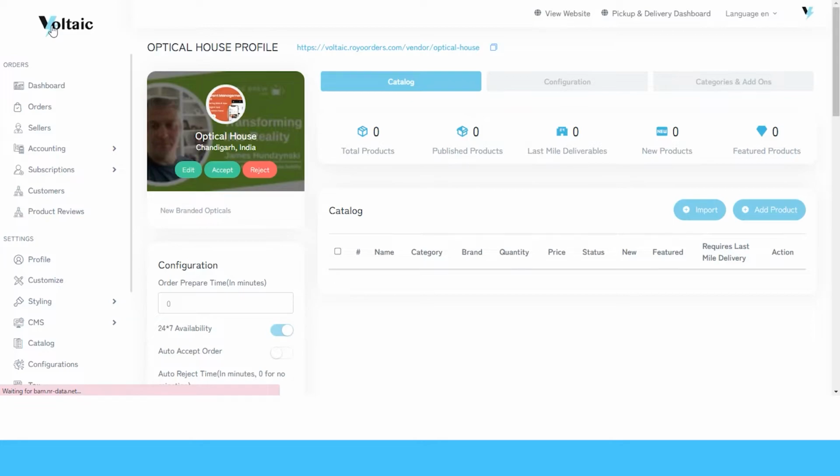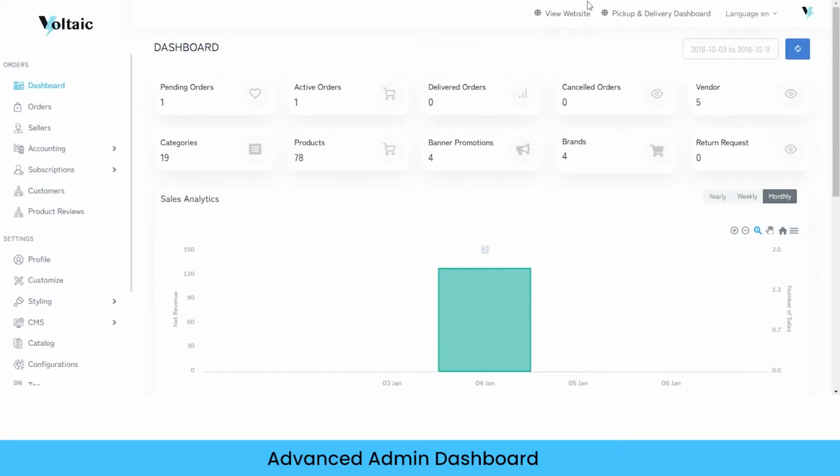So this is the admin panel you would be getting with the solution. From here, you can manage the website, you can manage the customer application, the delivery agent application, and by clicking on the pickup and delivery dashboard, you would be redirected to the dispatcher panel or the delivery management solution. So let's start with the dashboard, where you can see the total number of pending orders, active orders, number of orders that have been successfully delivered, number of orders that have been cancelled,